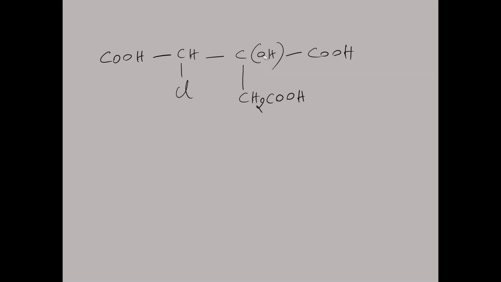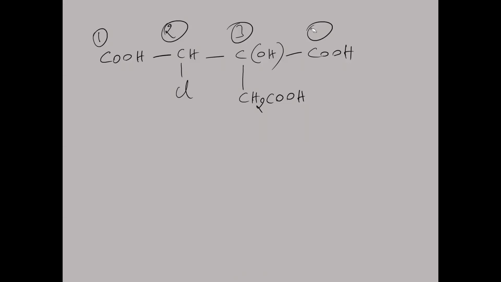Now here, what should be the parent chain? How many carbon atoms should be there in the parent chain? First tell me here. Now numbering should be taken from the COOH group or this group here? COOH group. Any COOH group we can take here. Suppose if we take numbering from this COOH group: first carbon, second carbon, third carbon, and fourth carbon we are getting. Is that clear? And now here, if you take numbering like this, we are getting 2-chloro. And third carbon we are getting carboxy.